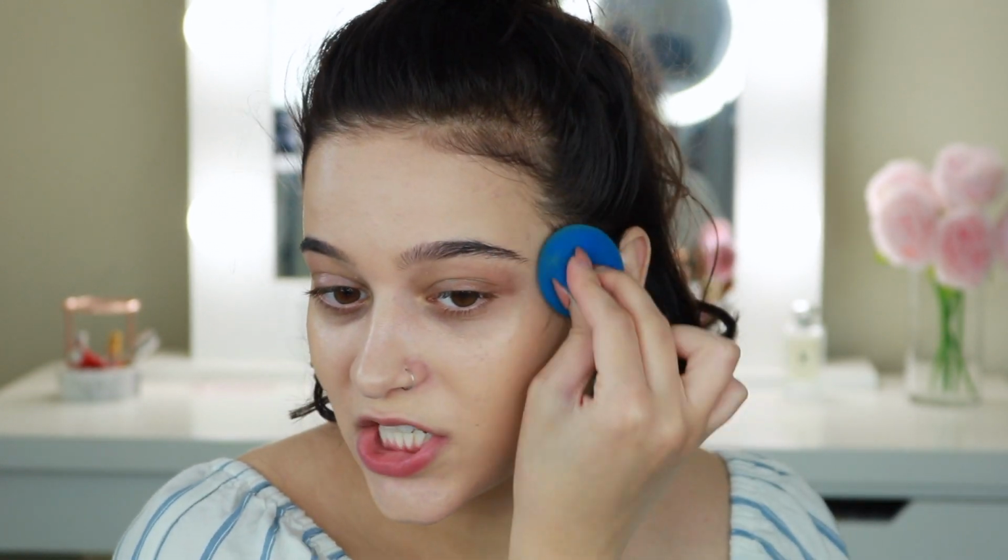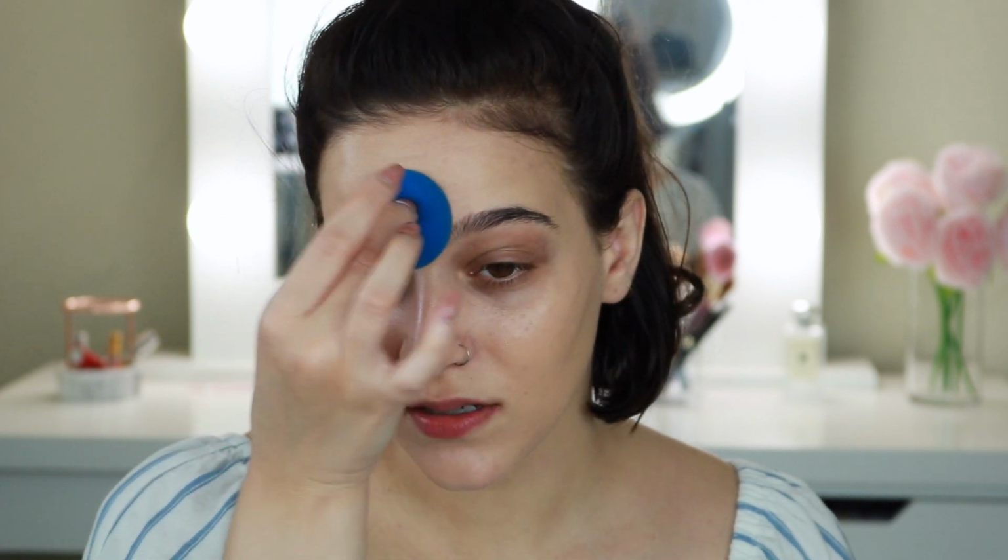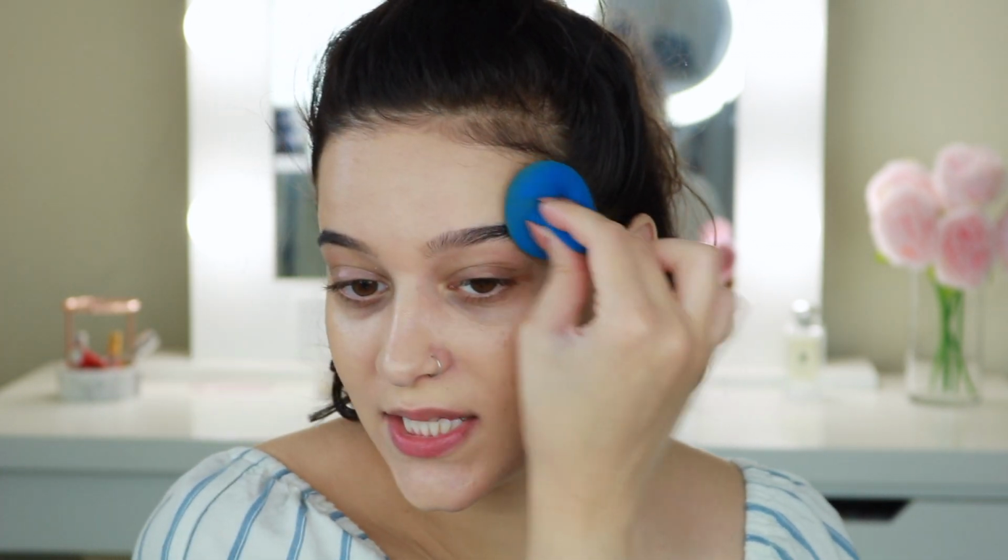I'm telling you guys, this foundation combination is so incredibly beautiful. I got both of these foundations, the Stila one and the Clinique one, at TJ Maxx for under $10 a piece. And if you see them there, I would honestly pick them up if you can find your shades,